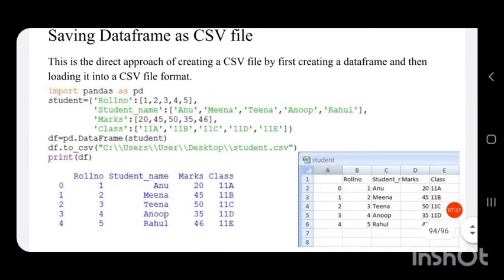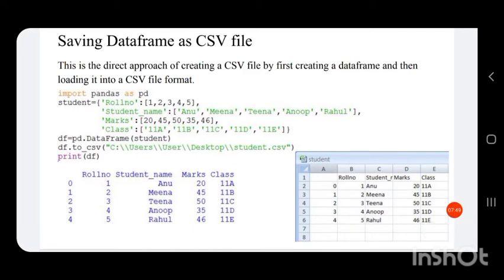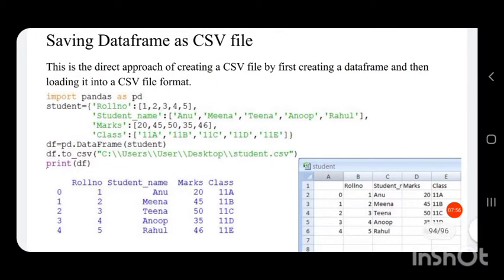This is the direct approach of creating a CSV file, by first creating a data frame and then loading it into a CSV file format. First we import pandas as pd, that is, we are going to create a data frame and then write that data frame into a CSV file.